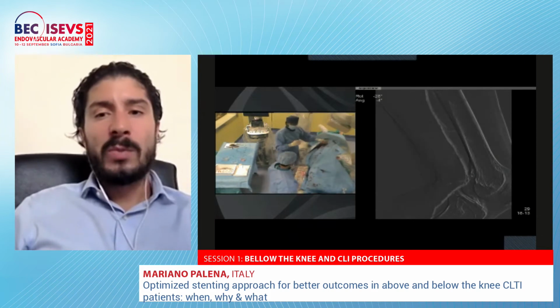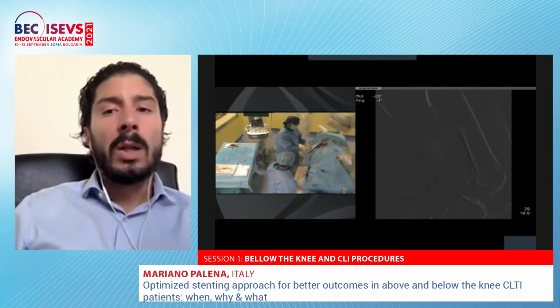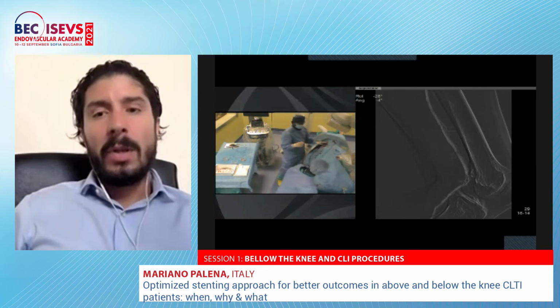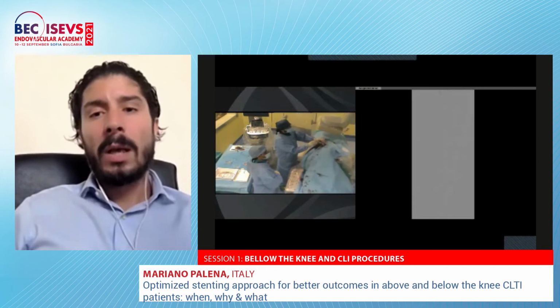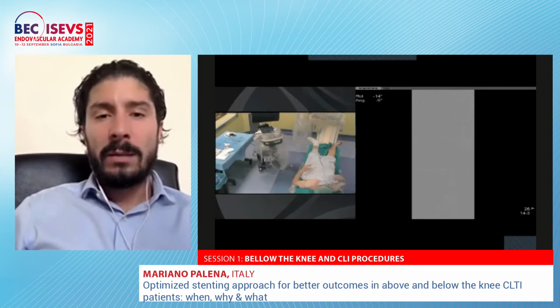And as the previous speaker said, always check in the flexion knee. Well, this is the flexion knee. Look how the Pulsar performs in the flexion knee. Perfect, no compromisation, no entrapment, no kink, and this was the below the knee result with complete